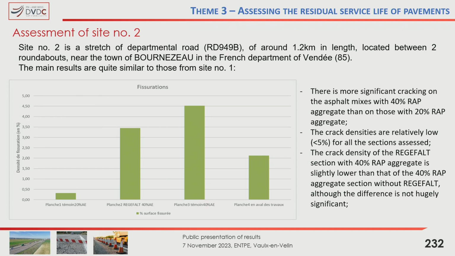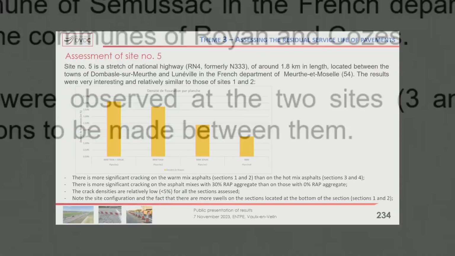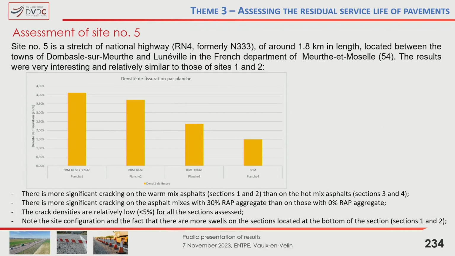Nevertheless, if you look at the cracking, it's pretty superficial. So the crack density, I repeat, is relatively low. But these results are interesting because of the differences between the different percentages of wrap aggregate. Let's now move on to sites 3 and 4. We don't have any sections without recycling. And on site number 4, or rather site number 5, is the last site that we were able